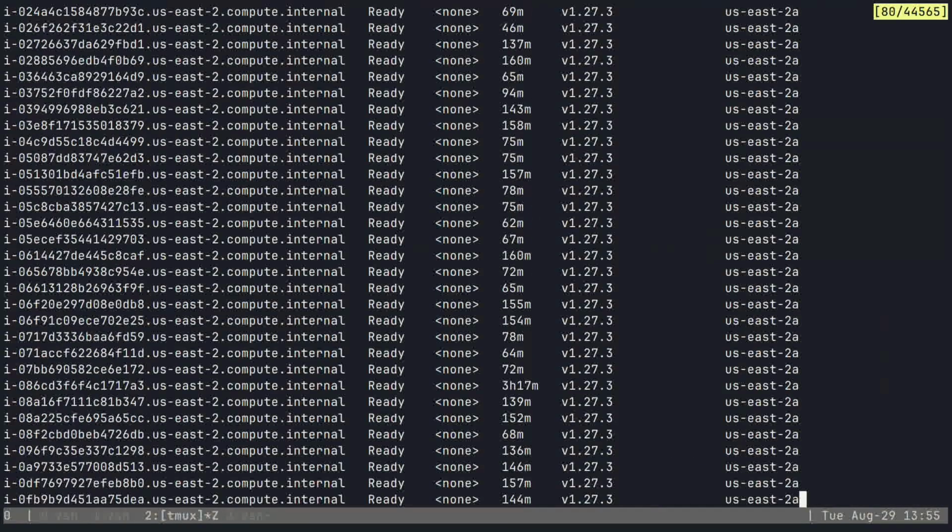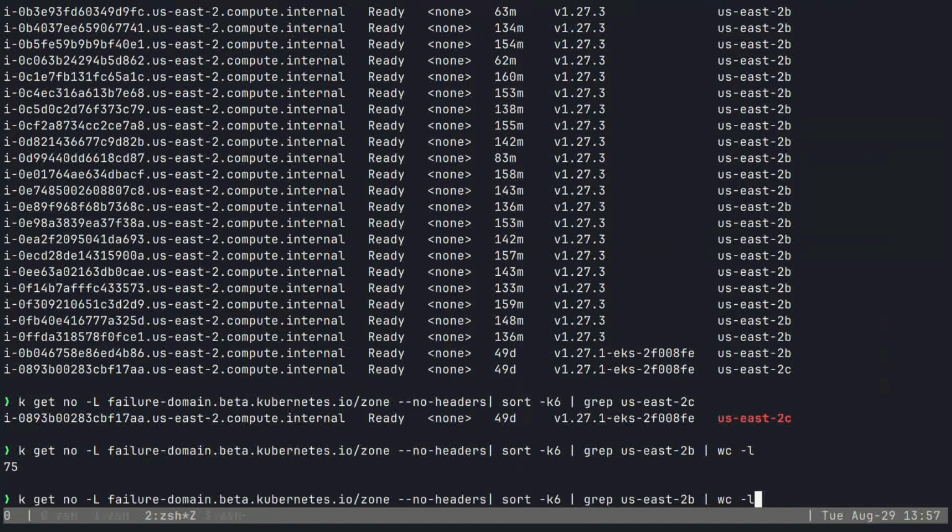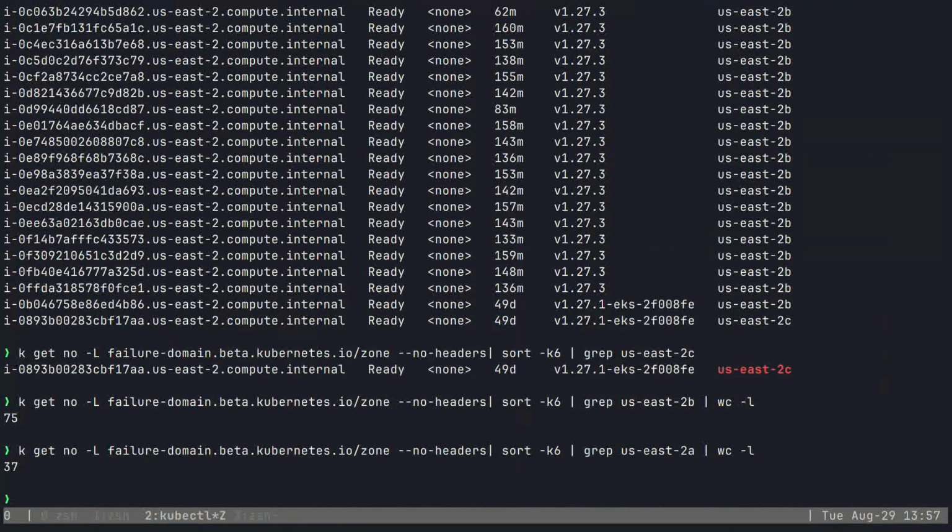The vast majority is 2B, and then we have some 2A. Yeah, that's what I expected. 75 in 2B and 37 in 2A. So we're not spreading out this workload at all. I know we're looking at availability still, but availability is a prerequisite for reliability. So let's tackle that job first.